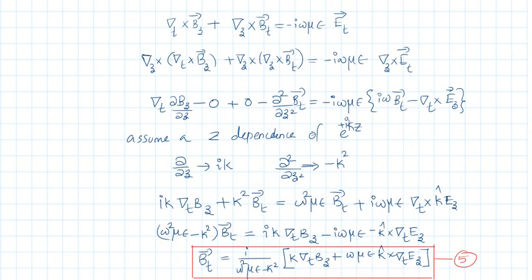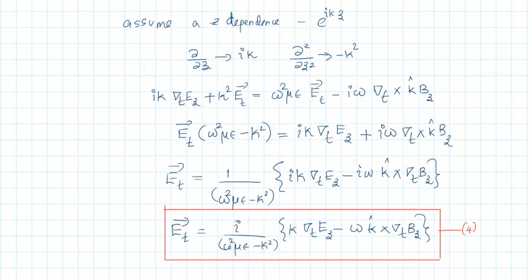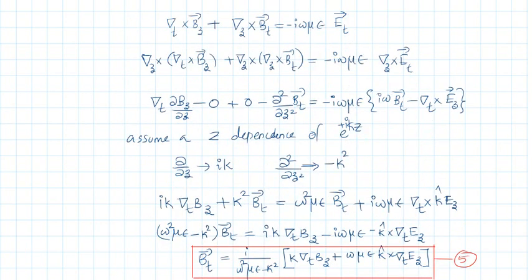Now, in a similar manner, we can find an equation for Bt also. So look at the procedure. Del t cross Bz plus del z cross Bt is equal to minus i omega mu epsilon Et. This is our equation number 3. Take the del z cross product in all terms. So again, this is a triple cross product. You will get the first term as del t ∂Bz/∂z. Second term you will get 0. In this you will get the first term as 0 and second term as minus ∂²/∂z² Bt. This procedure is entirely the same as that of the earlier one.